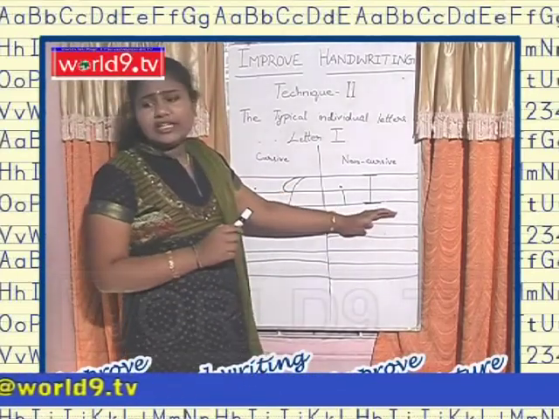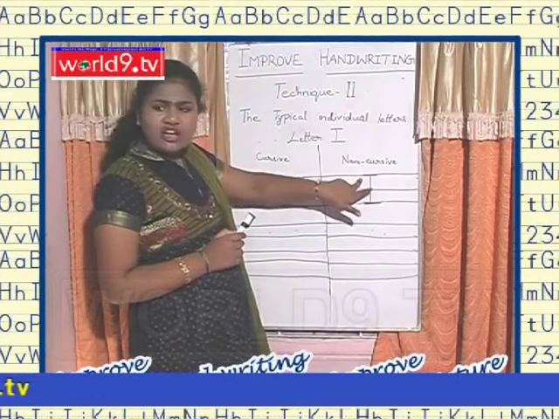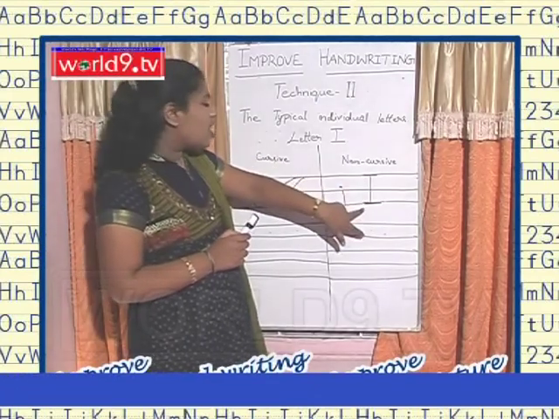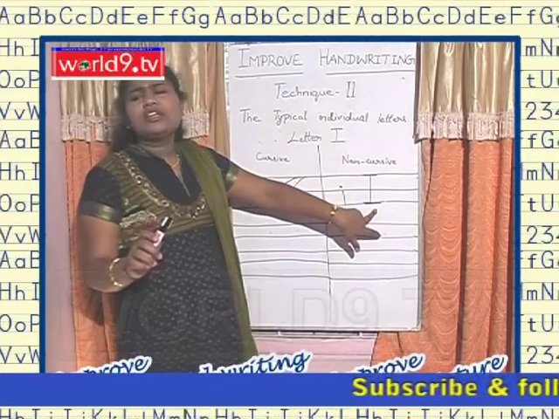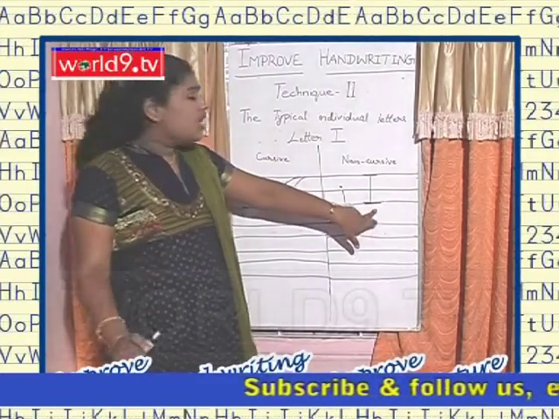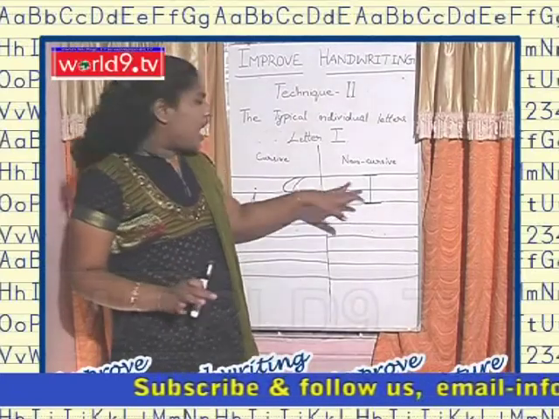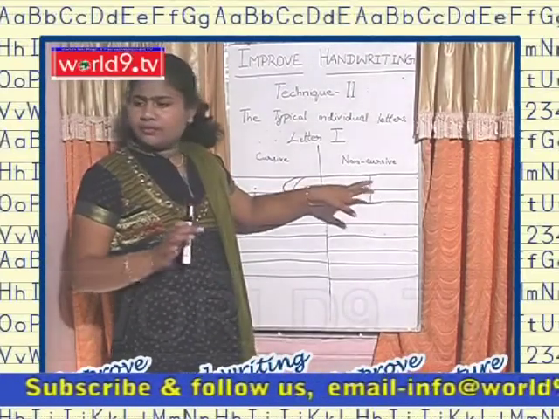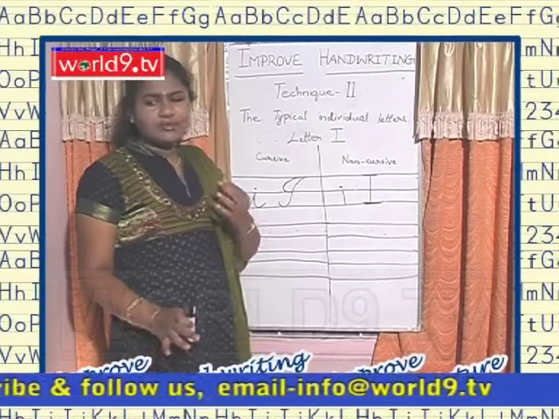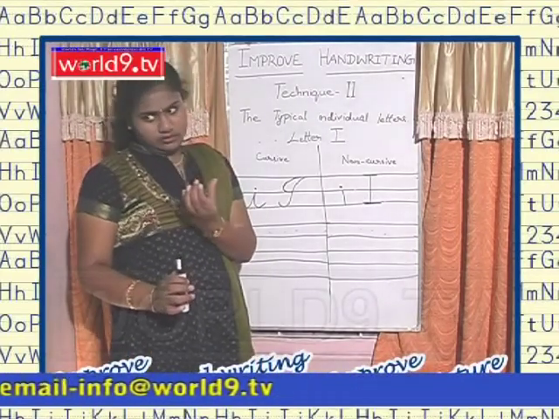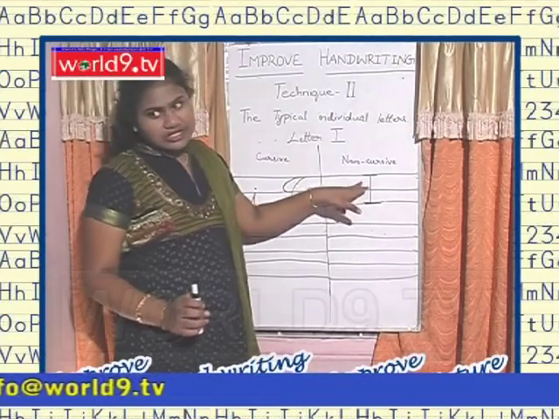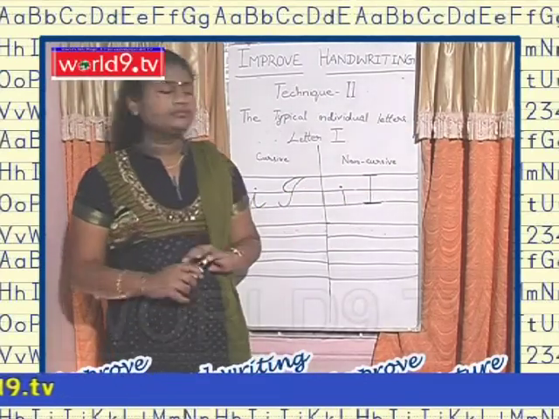I is a straight line, and the up line can be small or equal, but the down line cannot be small, even by mistake. You should not write the down line small and the up line big; the up line can be small or equal, and the down line big or equal. The upper should not be written big, the lower should not be written small.